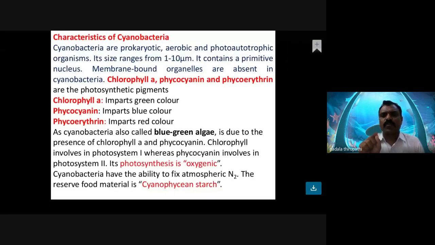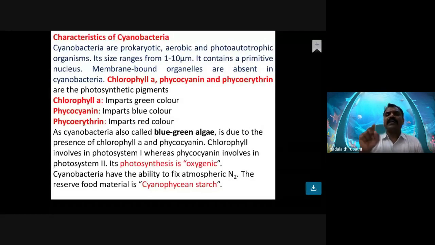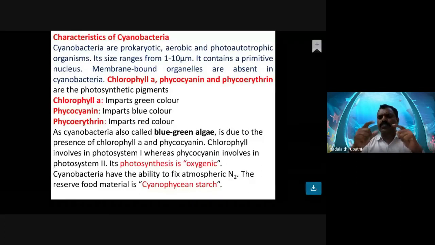So these photoautotrophs depend on carbon dioxide of the atmosphere for carbon, and then they depend on the energy from sunlight. Is it clear? So that's why we call them photoautotrophic. We sometimes heard of chemoautotrophs. Have you ever heard the term? Yes, sir. It prepares its own food in the presence of chemicals. Yes, very good, my dear friends. So that's why we can call them chemoautotrophs. Here, our blue-green alga,